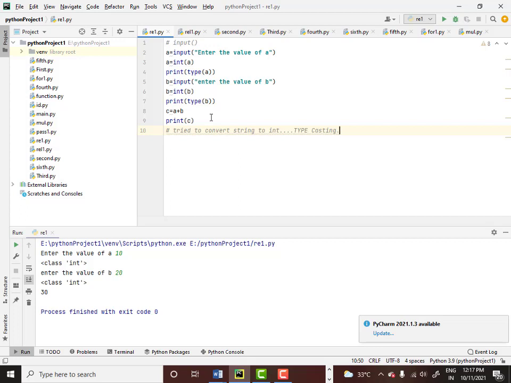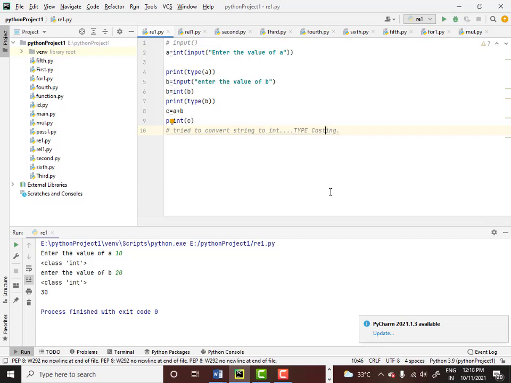You understood? Yes, Balu, I have a question. The third statement or the line that you wrote, which is a is equal to int of a, can we not avoid that step? You can. Can we include that in the first step? Yes, you can. So what you can do, you can say a is equal to int of input of a. That's it. I just wanted to first keep it very simple. That's all. Yeah, I understand.